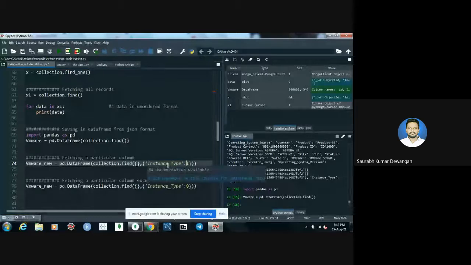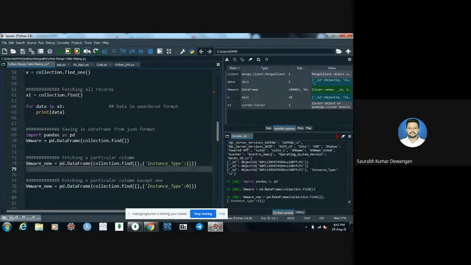If we give instance type as 1, which we want to access, then only instance type will be extracted from the MongoDB server, from the table VMware. Let me run this line for you.